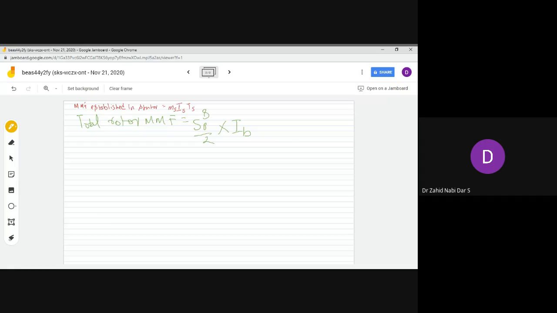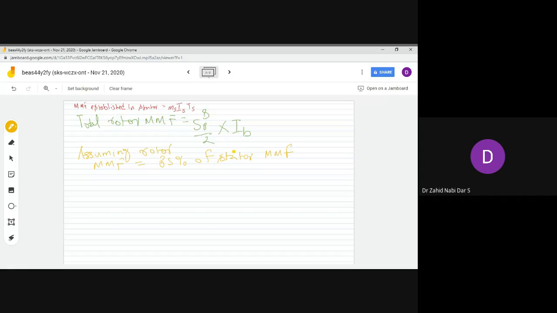So we can safely say that the rotor MMF is equivalent to 85% of the stator MMF. So we can write, assuming the rotor MMF is equal to 85% of the stator MMF,